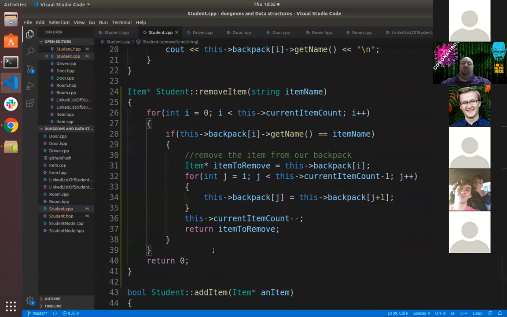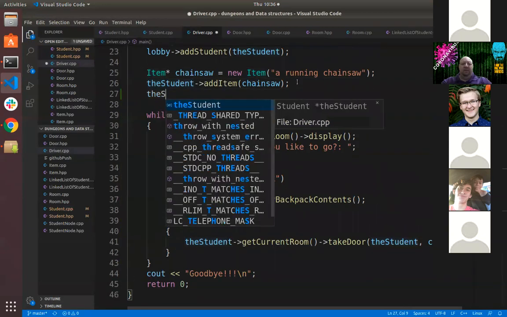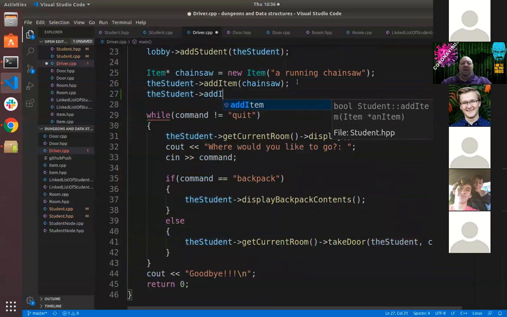Okay. So let's go ahead and let's test this. So before we start adding it to rooms and stuff like that, let's make sure that a player can remove something from their inventory. So we'll go back over to driver. And right now, backpack displays the contents of our backpack. So here, let's create, we'll say the student, add item,